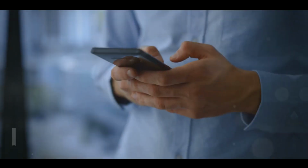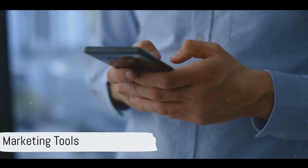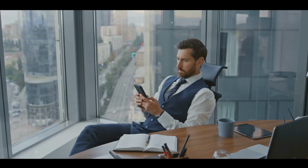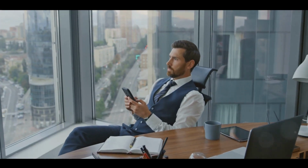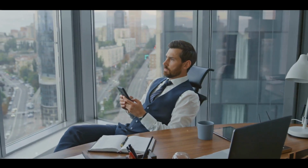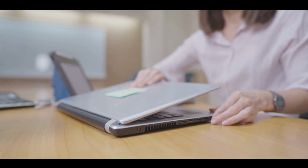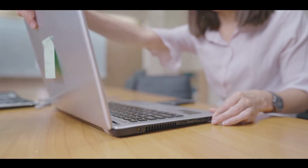help you. There are several marketing tools that can help your business thrive. Social media platforms such as Facebook, Twitter, and Instagram are powerful tools for reaching a broad audience and creating engaging content. Email marketing software like MailChimp or Constant Contact can help you manage your email campaigns and connect directly with your customers. SEO tools such as SEMrush or Moz can boost your website's visibility and help you rank higher in